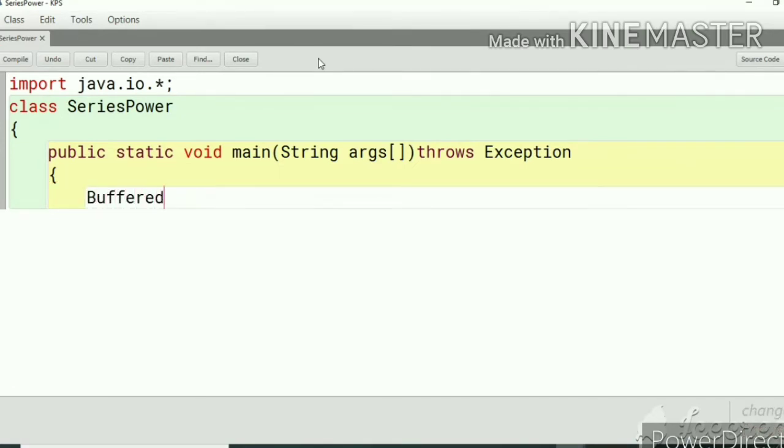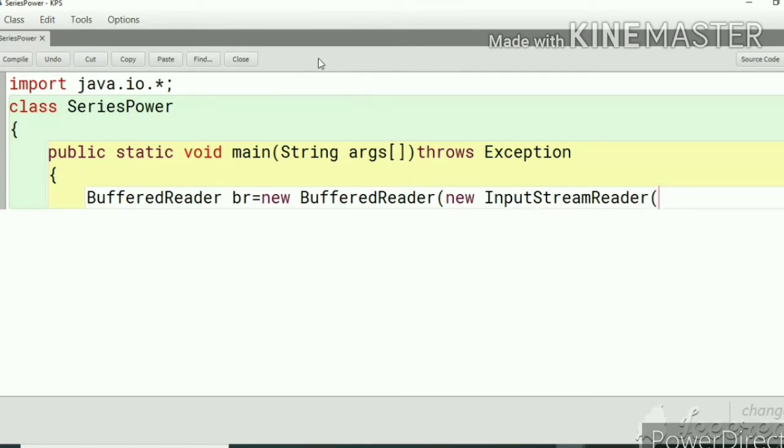BufferedReader br equal to new BufferedReader bracket new InputStreamReader.